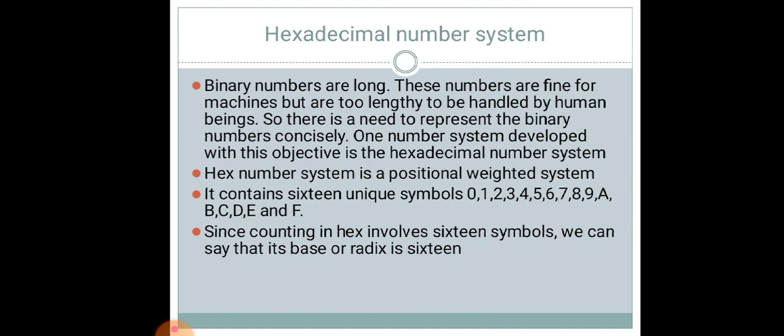Why are such changes made? As I said, when we convert long data into machine level language, it is represented in a long series of zeros and ones, and we have to avoid the confusion or complication in long data. So we have developed this octal and hexadecimal number system which will compress your data into small size. That's why we are using this number system. When we do the conversion of systems, you will easily understand how the long data is converted into small digits.